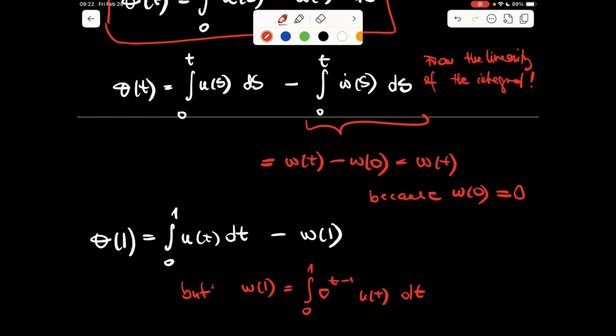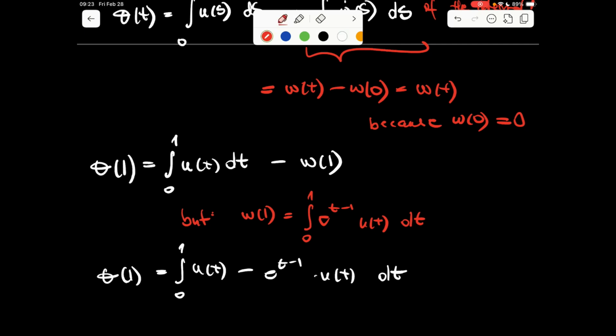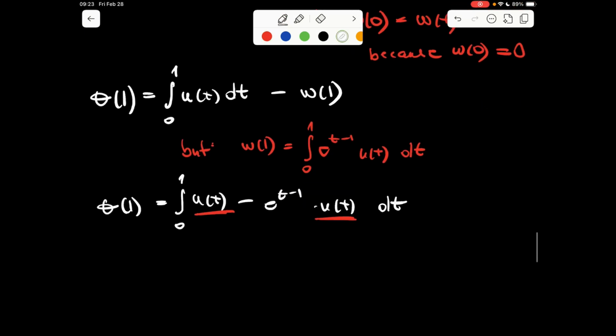So what we have is theta 1, integrating u between 0 and 1 minus e t minus 1 times ut dt, and we can factor it out. So at the end of the day,